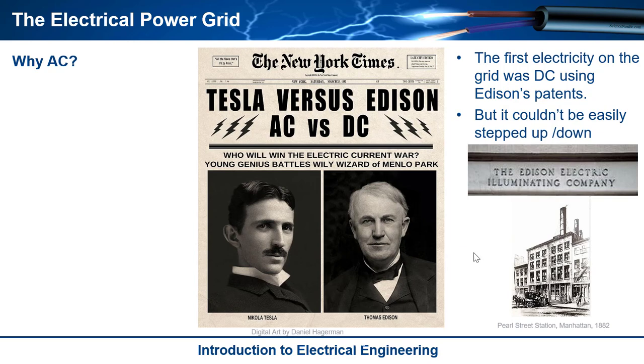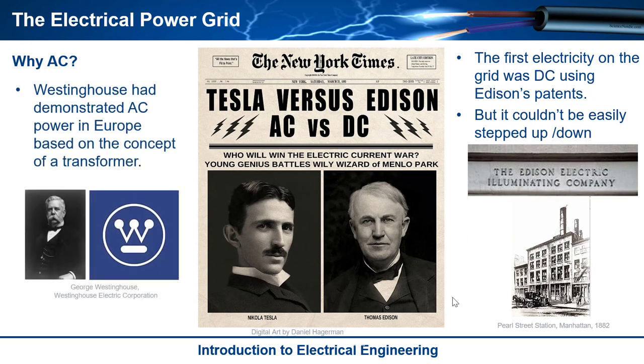One of the issues, though, was that there was a desire to step up and step down the voltages, and you'll see why in a minute. But basically, if you could conserve power and somehow step up the voltage and reduce the current and achieve the same power, you could reduce loss in the transmission due to the resistance of the cables. Everybody understood this, but it was really difficult to do at the time on DC power. So there was an alternative that Nikola Tesla came up with, and this was the AC